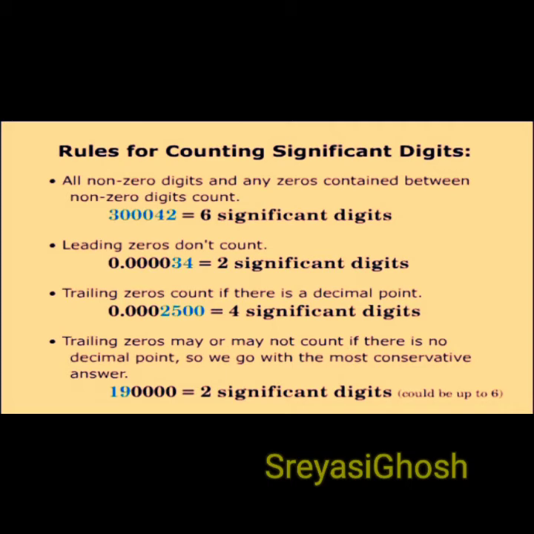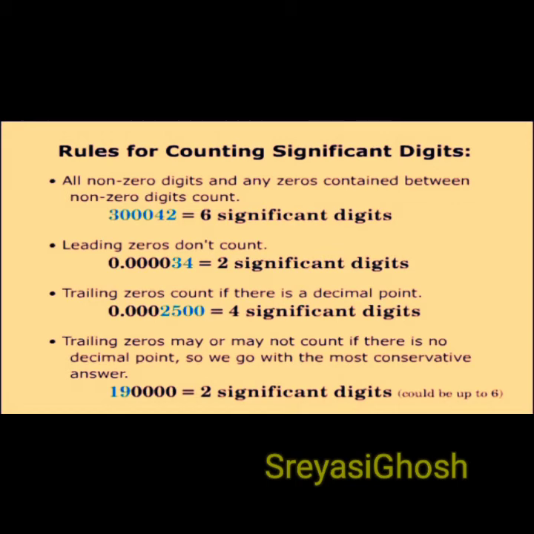Now you'll say, why have I missed out the other numbers? Is it possible that 19 followed by 4 zeros is equal to just 19? Then someone will give me 1,90,000 and say they'll just pay me 19 rupees and say they have paid me 1,90,000. Is that possible? No, of course not. This particular number 1,90,000 can be represented in a 2 significant digit format up to a 6 significant digit format.